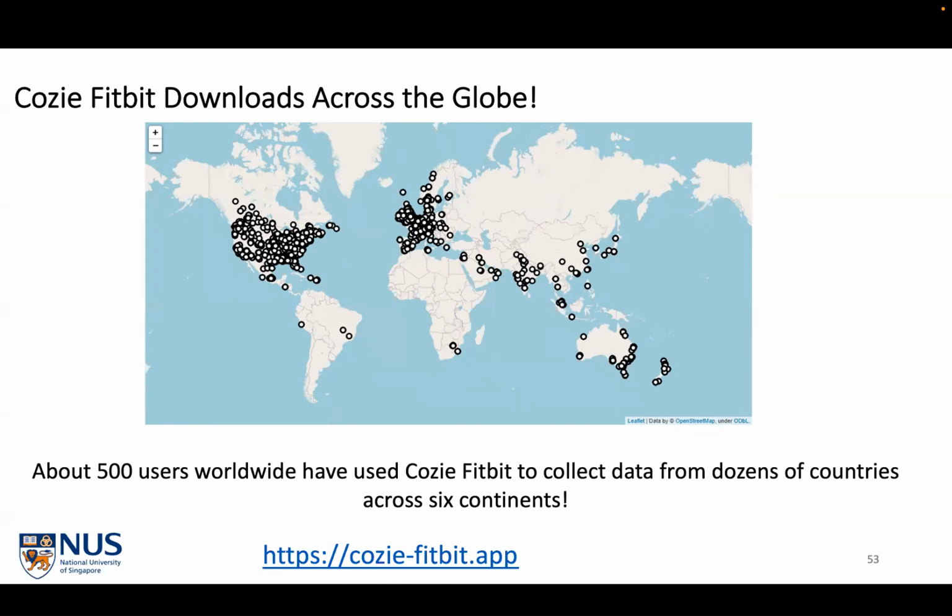For research, this is cool, but there's also the ethics side of it. So we can't use it unless it has IRB coverage, but it's cool to see that this is happening, even though we're not even pushing for it. So our goal is to have Cozie Apple and Cozie Fitbit, the versions that we created, on these app stores that people can use. But like I said, it's open source. So if you want to create your own app, your own type of question flows, it's very accessible to do that.